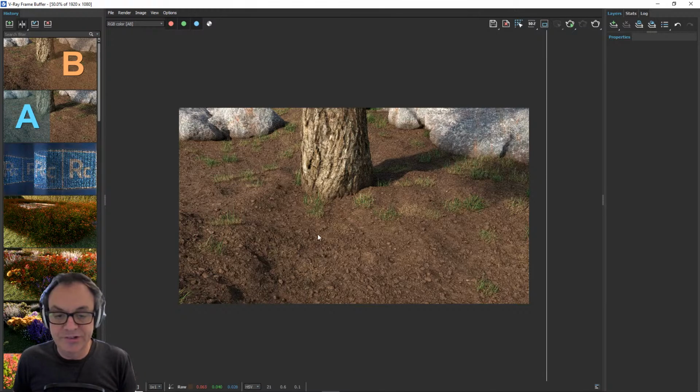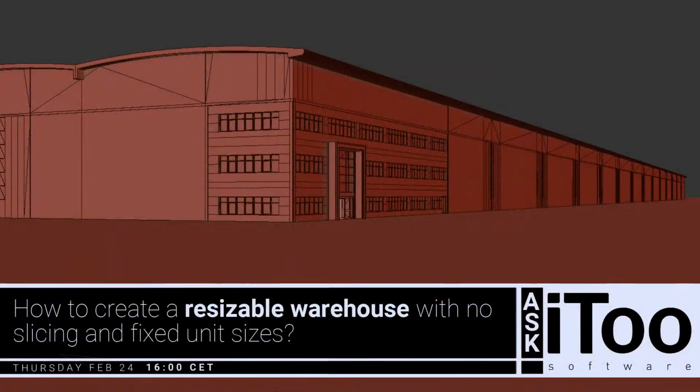Okay, if you've got any questions about that technique, please ask them. I'll come back to them at the end of the next section. So the next one might be of interest to anyone who regularly needs to build large things like warehouses out of almost whole modular buildings, but this same technique can be applied to pretty much anything where you need to create this kind of array, which I'm about to show you.